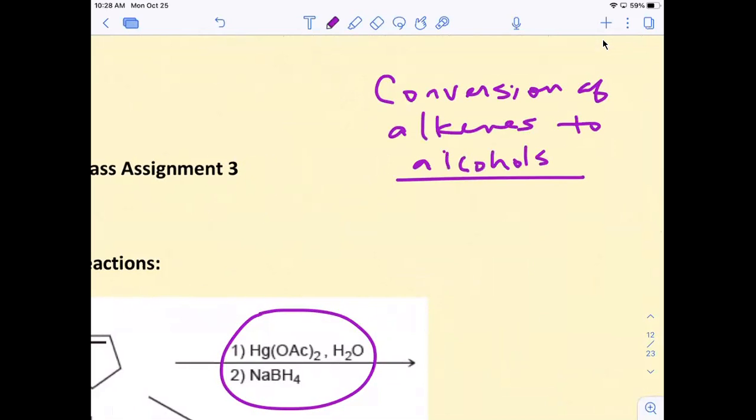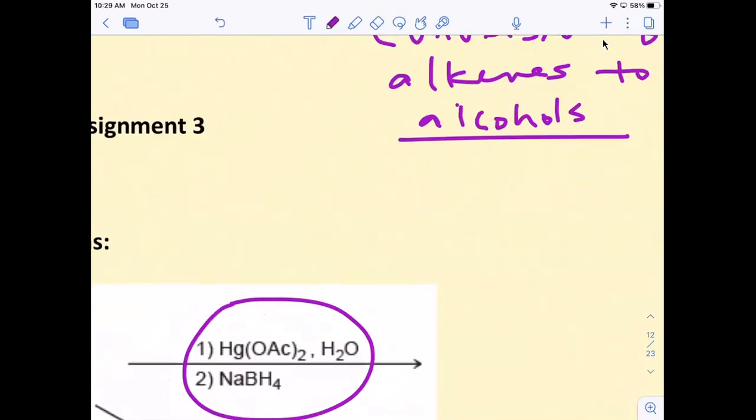All right, so there's a subset of reactions that we can use to convert alkenes into alcohols. All right. So again, an alkene is your double bond. That's going to be your main starting material for all of these reactions, because that's what we're doing. We're looking at reactions of alkenes. But then the products, you can convert alkenes into a lot of different types of products. So here, we're going to look at these two reactions. They convert alkenes into alcohol. So for alcohols,